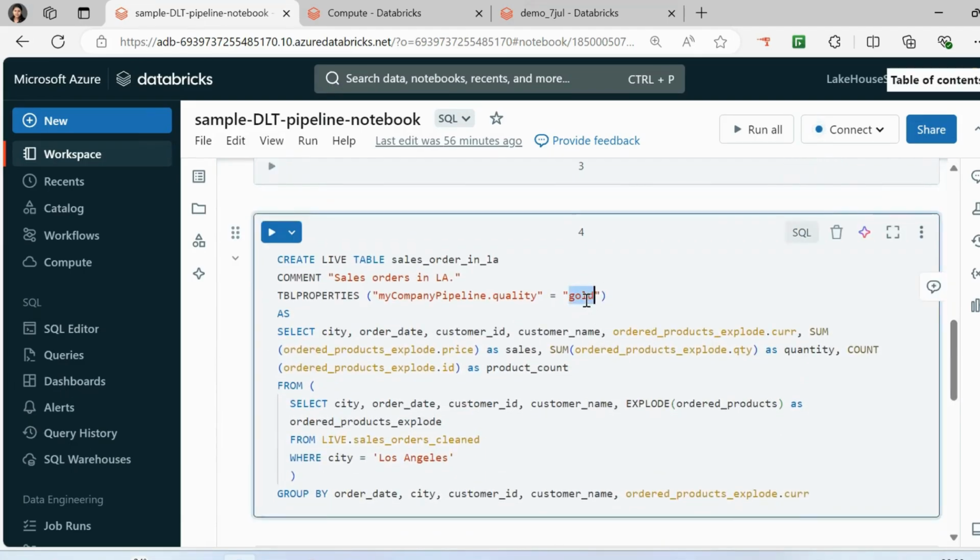In the gold layer, I'm creating one more table, which is not a streaming table, but just a delta live table, which is this. In this table, I have your sales orders in LA.